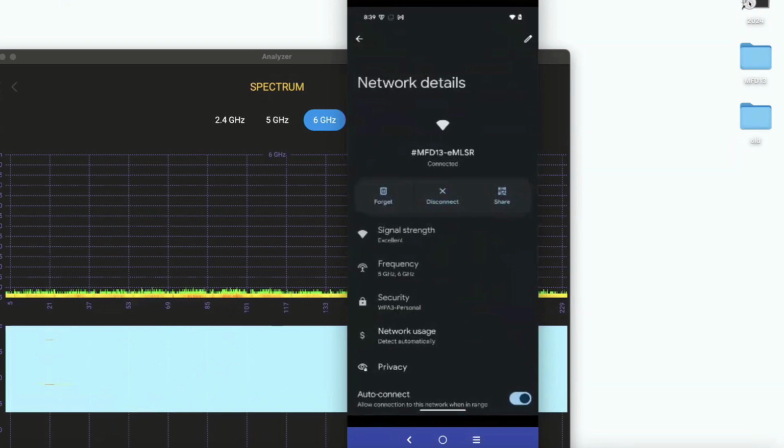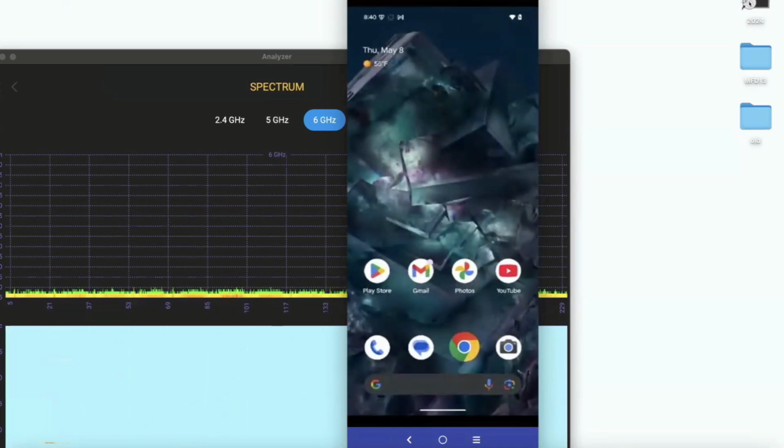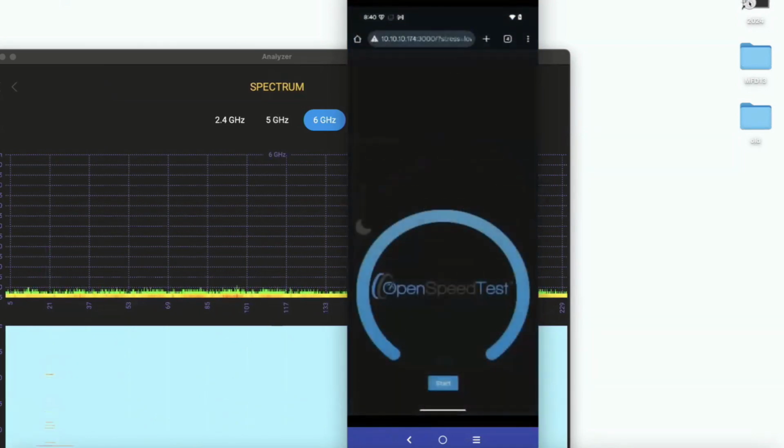So what we see here is we have the SSID only on 5 and 6, and this client is connected on both 5 and 6. As you see, the frequency is highlighted as 5 and 6. Now, when I ran a speed test, okay, so